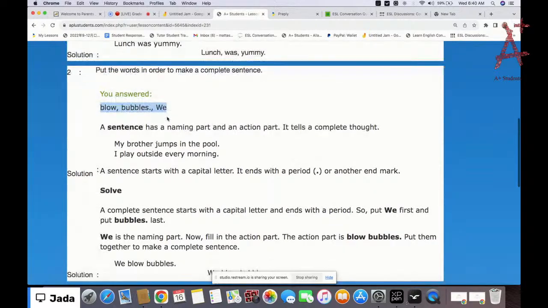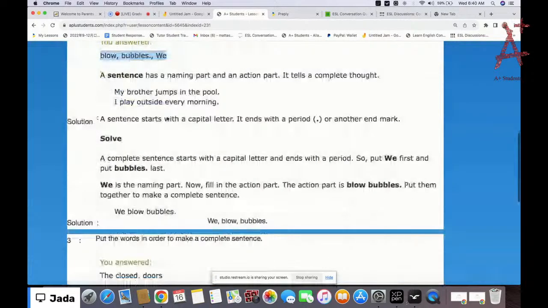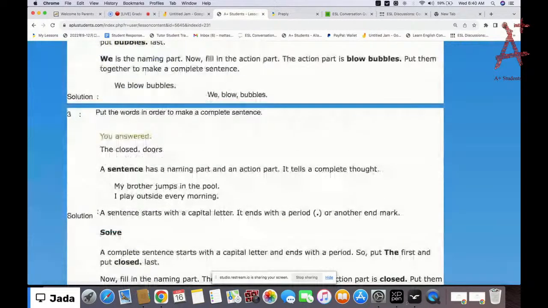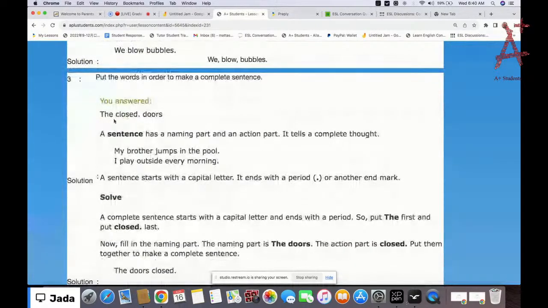All right. So now the closed doors. So now when you want to rephrase this or make this a complete sentence, you can say the doors closed. So now the doors is the naming part, and then action part is closed. So like I said, a complete sentence has a naming part and an action part. It starts with a capital letter and then it ends with a period or any other end mark. So yeah. Okay,